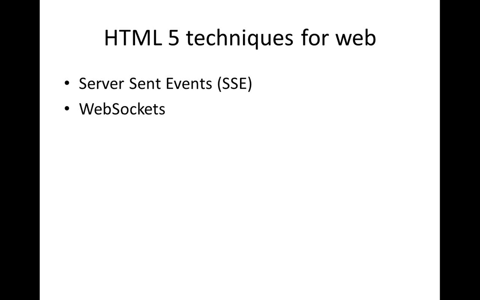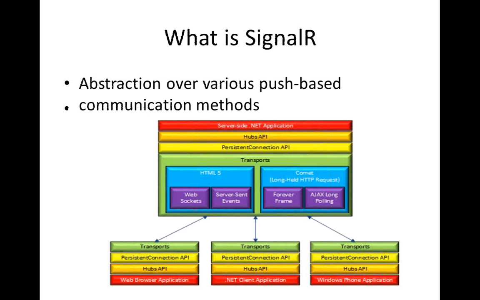Or as a developer, you would need to write if-else kind of logic where you determine the current state of the client and the server and all the proxies, and then determine which mechanism you can use, and then have your logic run against that mechanism, which obviously is hard to do. That is where the inspiration for SignalR comes in. So what is SignalR? SignalR